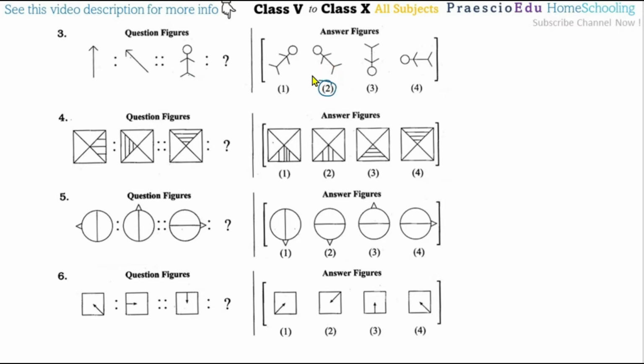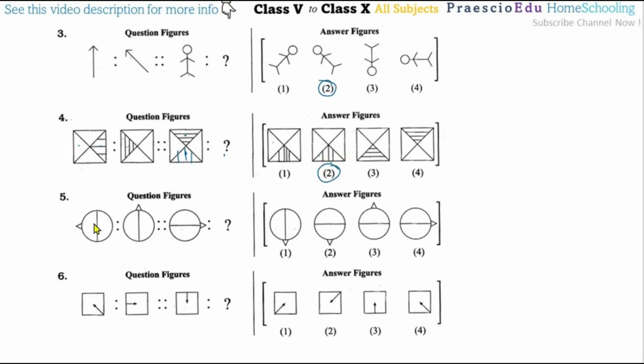Then question number 4. You see three lines in a horizontal position in this quarter of the square. In the second term, the opposite quarter has these lines, but the line directions are turned by 90 degrees. Same in the third figure, the opposite quarter means this figure becomes the one replacing the question mark. The lines are horizontal here, so here they should be vertical, and vertical lines are shown in option number 2.